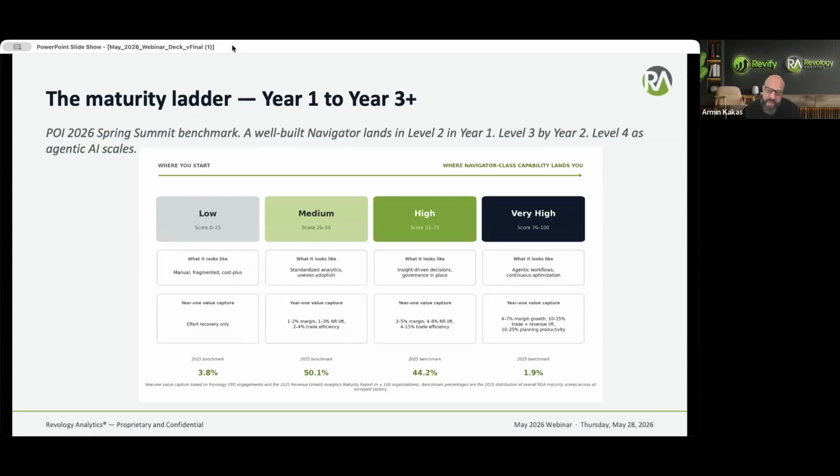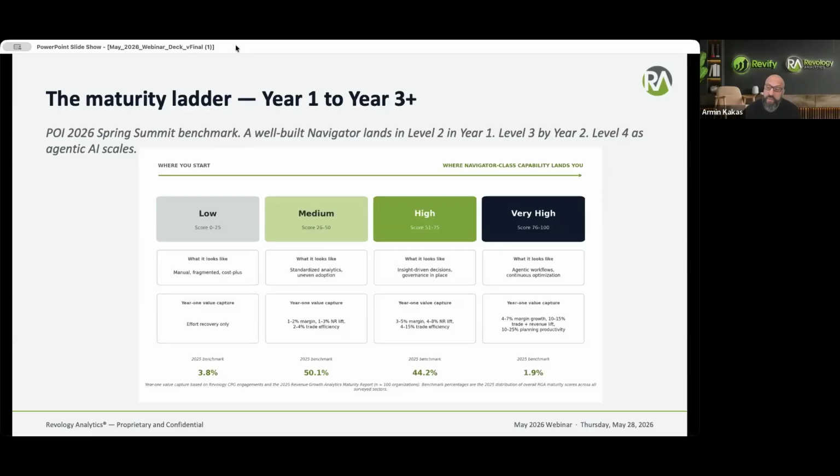Companies that actually have these predictive analytics capabilities in place, it's typically going to be anywhere between a 3 to 5% margin lift versus the low companies, right? So if analytics and revenue management is in total disarray and everything is a turnkey solution via Excel, versus if you actually have systematic integrated analytics-driven solutions with predictive capabilities, again, 3 to 5% margin lift. That's typically what we see, upwards of maybe 10 to 15% in trade efficiency or trade